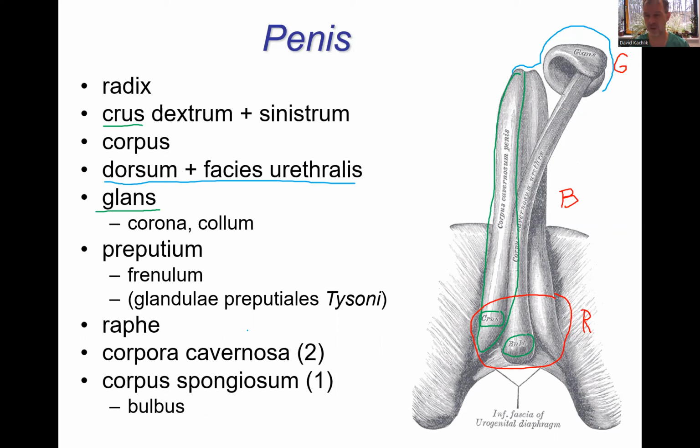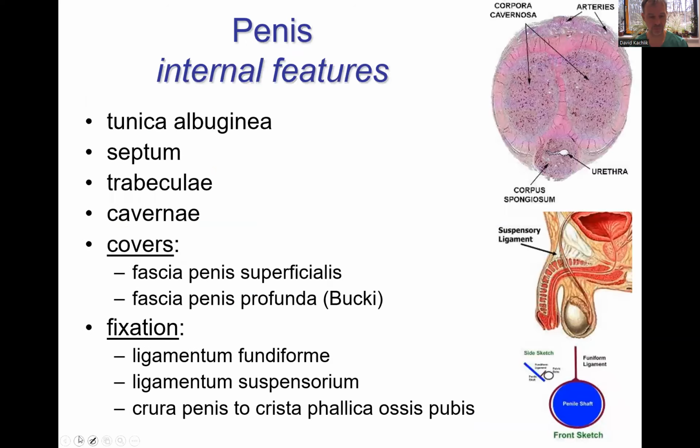Because the penis grows from our left and right side, in the midline we have a raphe, which is continuous with the raphe of the scrotum. So what is inside? Inside, on the transverse section, we can see the two cavernous bodies. The paired cavernous bodies are perforated, so the septum is incomplete, so the blood and also the lymph can flow from the left to the right one. Both are covered by